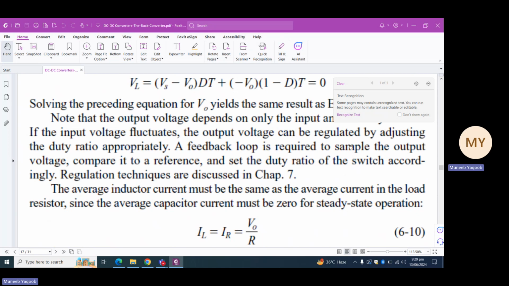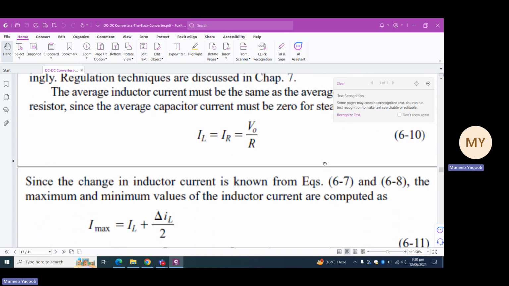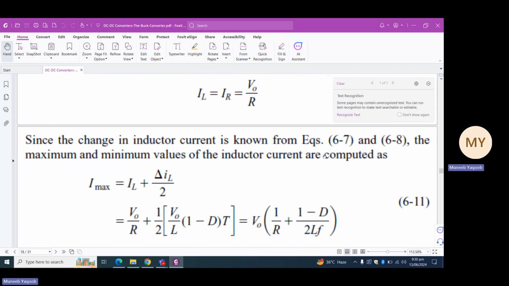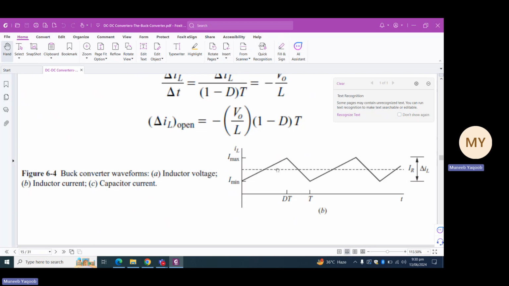Now, as the DC current is flowing through IL and IR, and the DC current is basically the same because the inductor and the resistor in a buck converter configuration are in series, we can say that IL can be represented by IR and it is equals to output voltage divided by the load resistor. Now coming to the expressions for the maximum and the minimum current, as we can see in the previous figure, let me just open the figure for you. This is the figure. So for this figure, suppose we are taking this point,